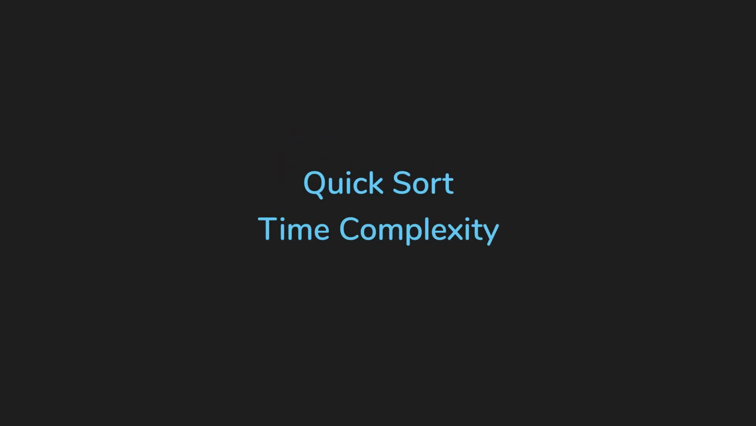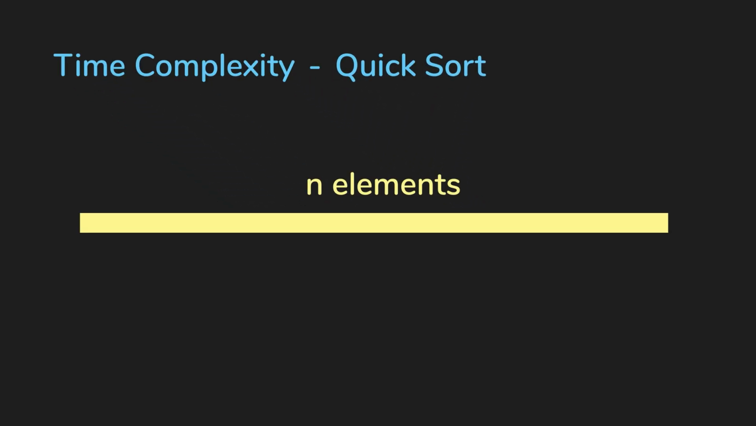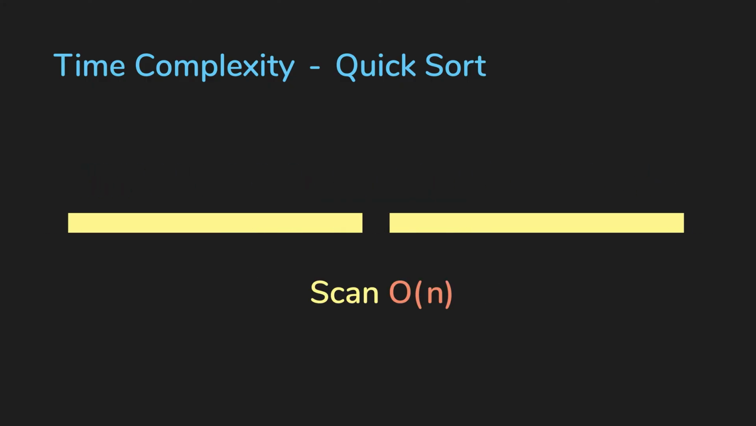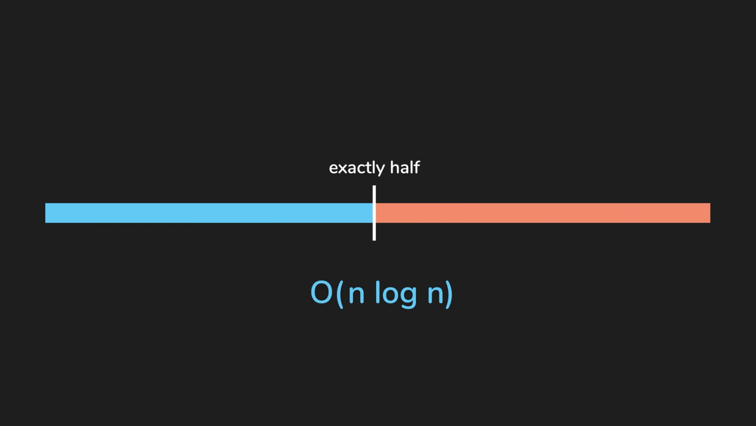So that's quicksort. What do you think the time complexity is for this function? At first, it seems like every time we partition, we break the problem in half. And previously, we learned that if we break problems in half, eventually we break it log n times if there are n elements. And here, each time you partition, you have to scan the whole array, which is linear time, so O of n. So that means this algorithm is O of n log n, but